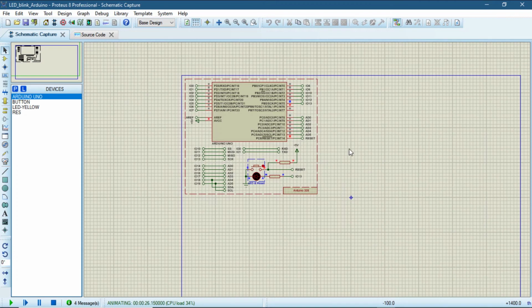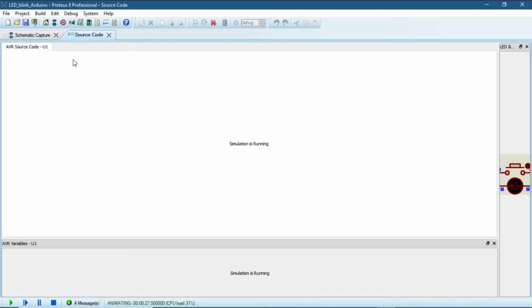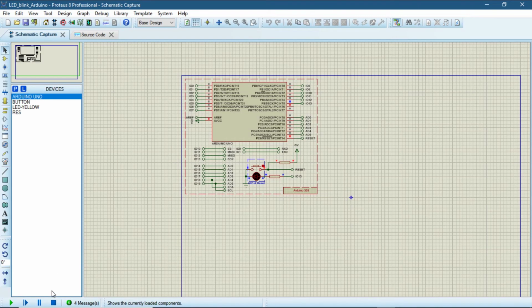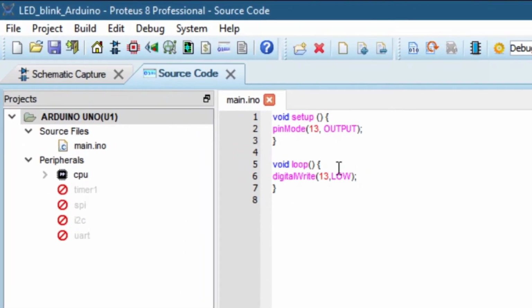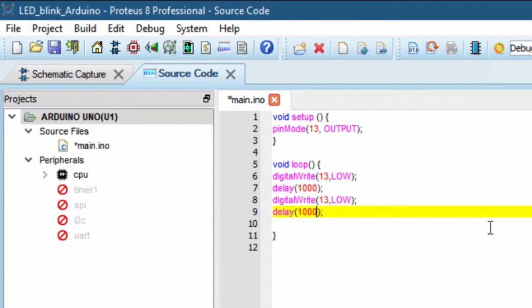Now let us do one more thing. Let us change the code slightly. Stop the simulation before you go for the coding part. And what we mention is that the LED is low for 1000 milliseconds. And then we will say that first I will keep it high for 1000 milliseconds and low for 1000 milliseconds.